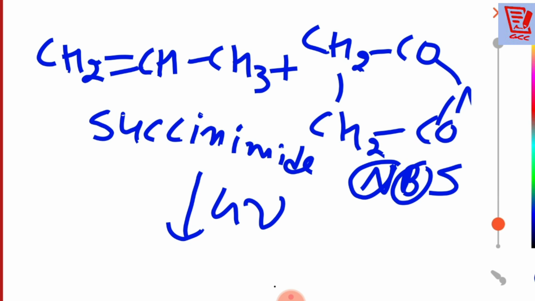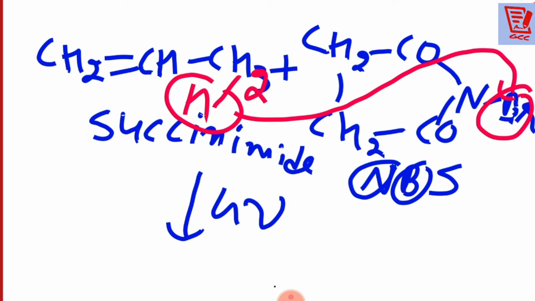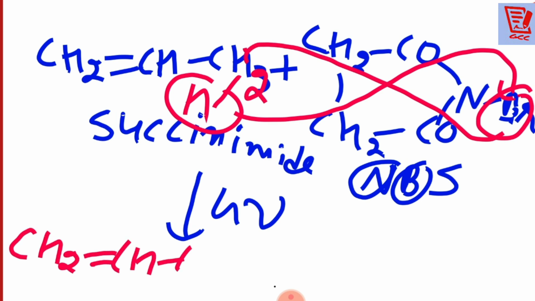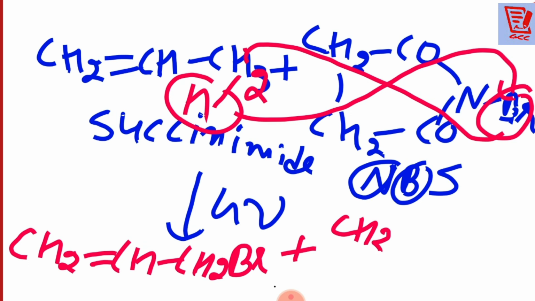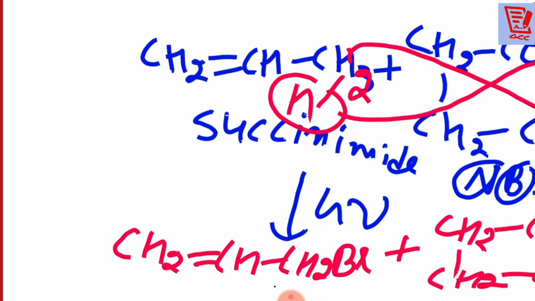Now what to do with the reaction, beta? You can simply see what is going to happen. Here this is the NBr. Now this hydrogen will be replaced with the Br, meaning this H will go and this Br will come here. Then the product is CH2=CH CH2Br. And then what is left is CH2CO, CH2CO, then NH. Clear? Yes or no?